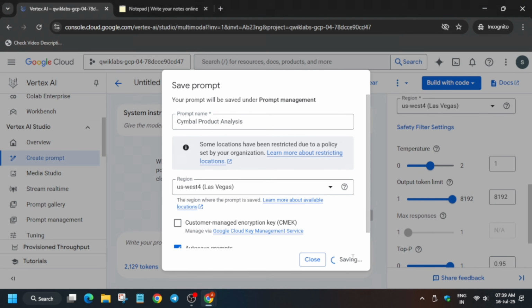By default, auto save is enabled. That is, when you scroll in this page only, it will show auto save. Make sure to turn it on because it will help us to complete the lab. Now this will take 5 to 7 minutes, so just wait for it, and once it's saved, we'll move forward